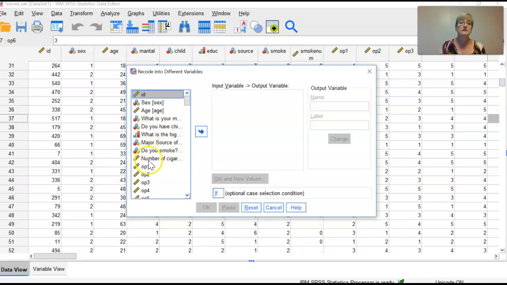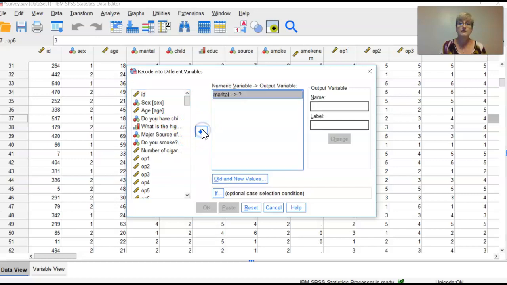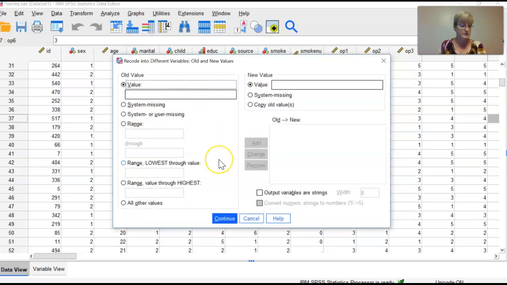So we're going to get the what is your marital status variable, put that in there. Click change. So you're converting marital status into relship, and then we go to old and new values, and in the instructions I've asked you to take the options